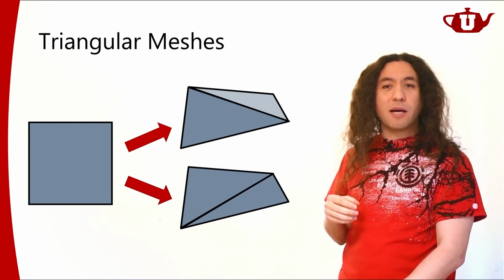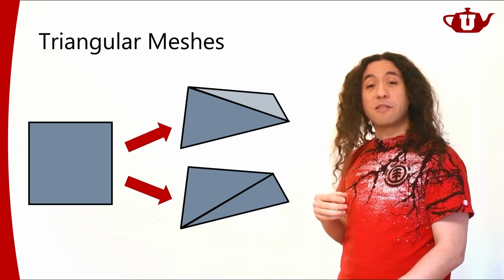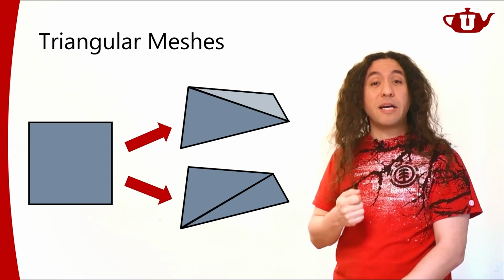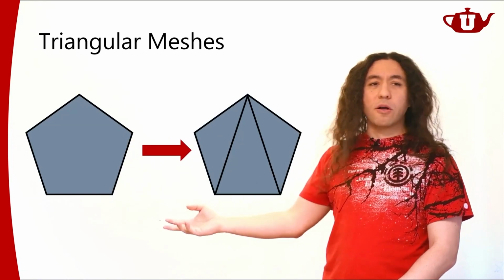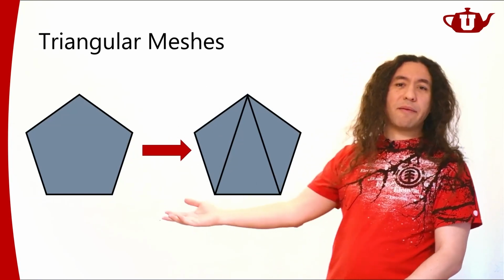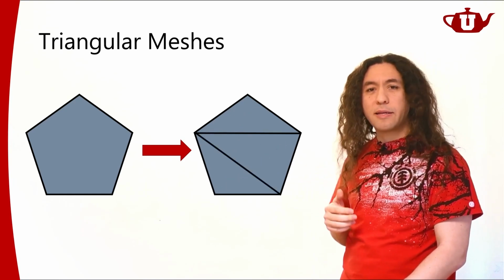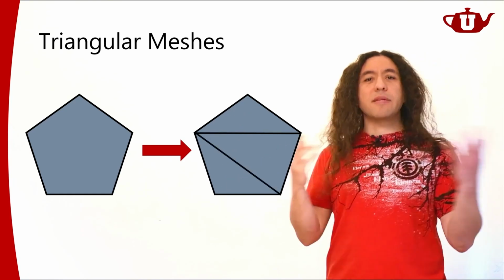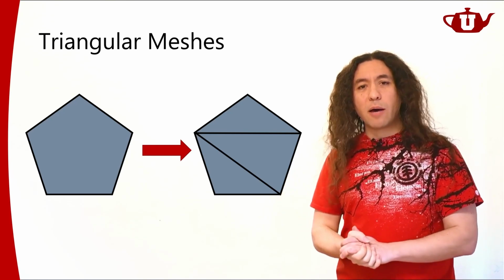So that's why we sometimes leave this to the user. You can specify how you would like your polygonal mesh to be triangulated. Nonetheless, we can apply triangulation to all sorts of polygonal meshes. And if you have a pentagon like this, of course, you're going to have more ways of triangulating it. But given a model, we triangulate it and we render it that way.